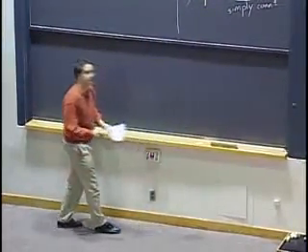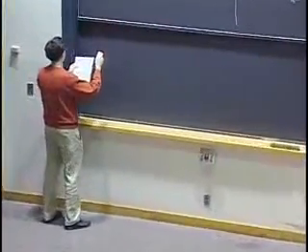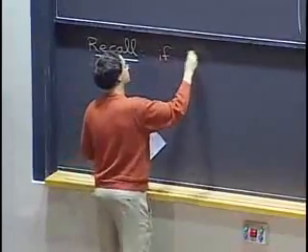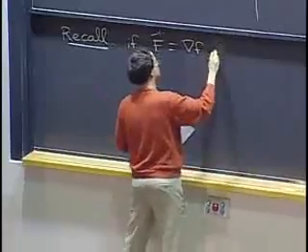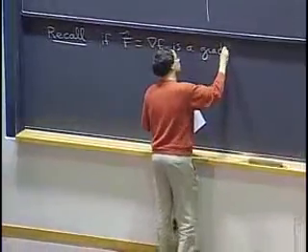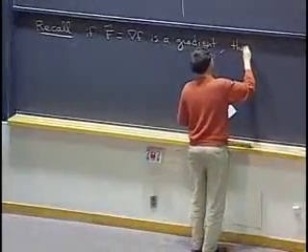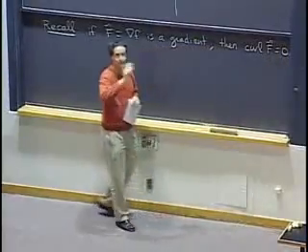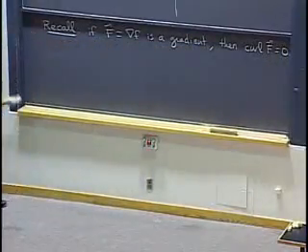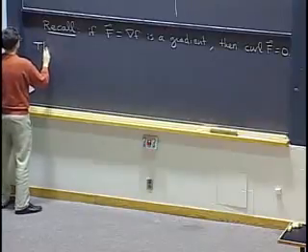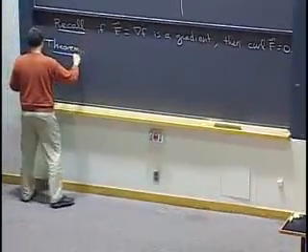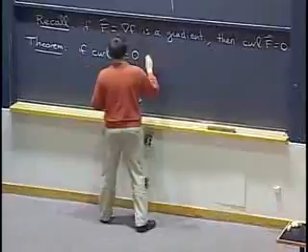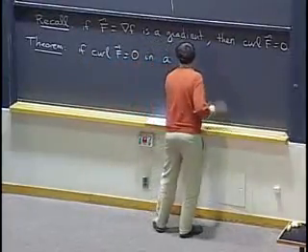So what's the statement I want to make? So recall, we've seen if F is a gradient field, then its curl is 0. That's just the fact that the mixed second partial derivatives are equal. So now the converse is the following theorem. It says if the curl of F equals 0 and F is defined